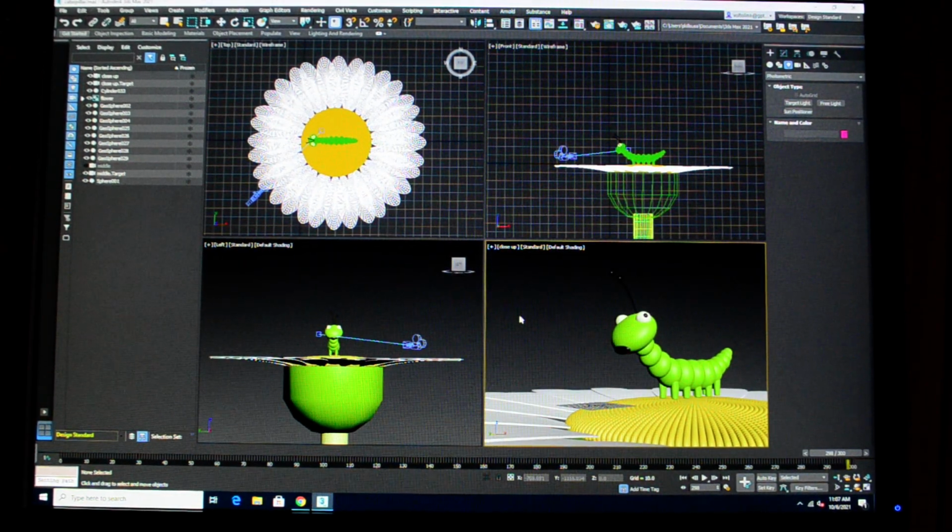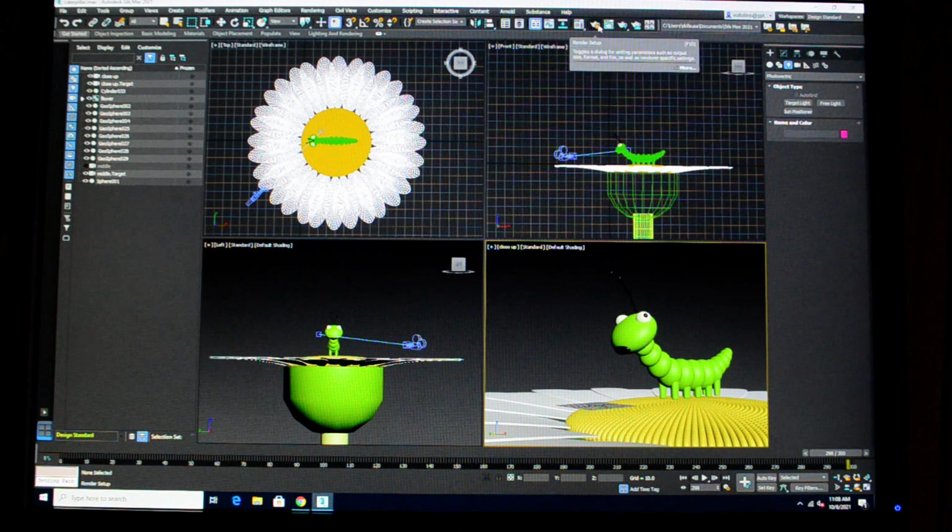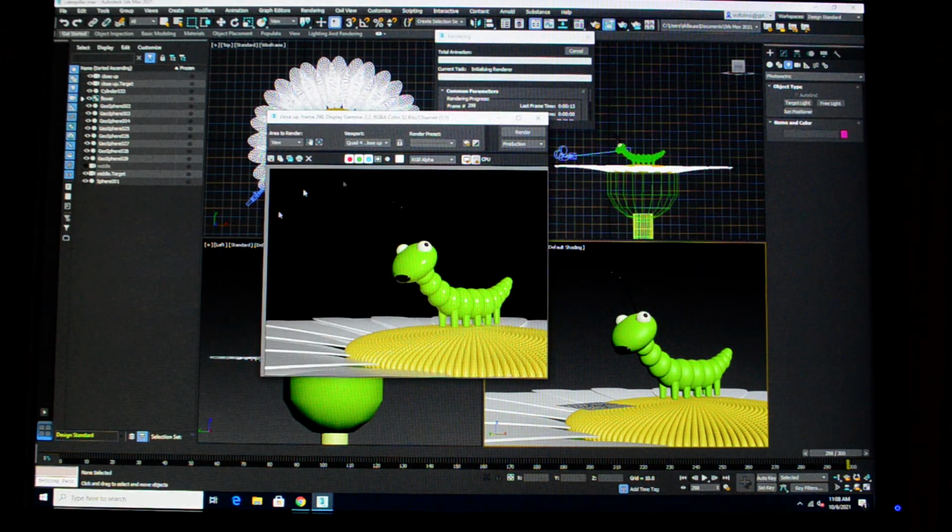So the next thing we're going to do in our scene is start to apply backgrounds, lights, and materials. And this really makes it come to life. I mean, this is one of the best parts, in my opinion, of 3D Studio Max, the really cool things you can do. Because if we render this out, render lightning, render production, you know, we get,